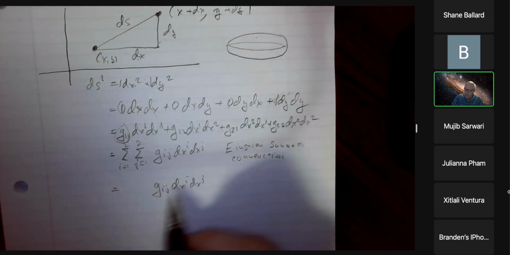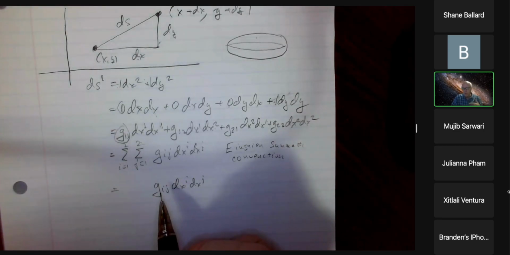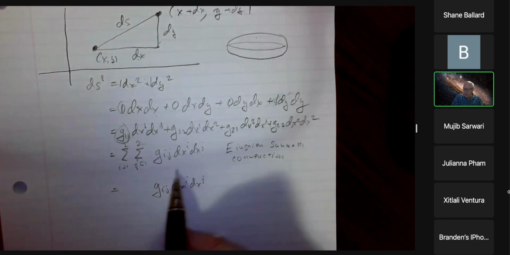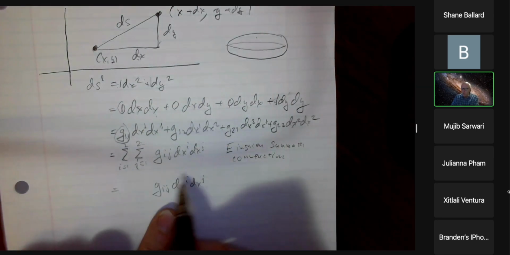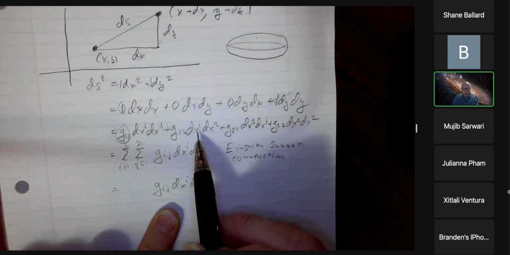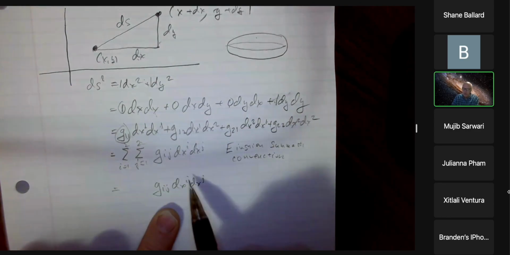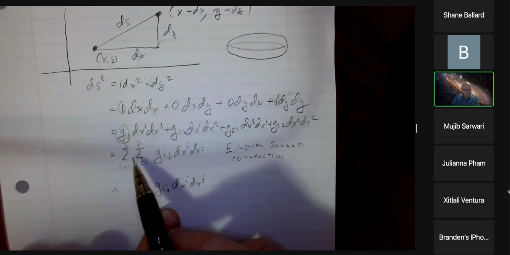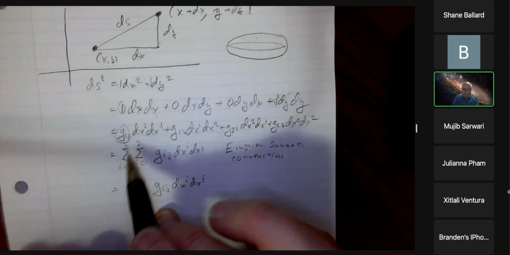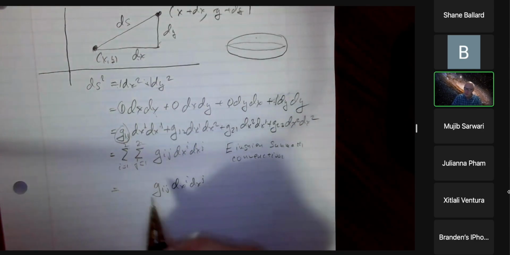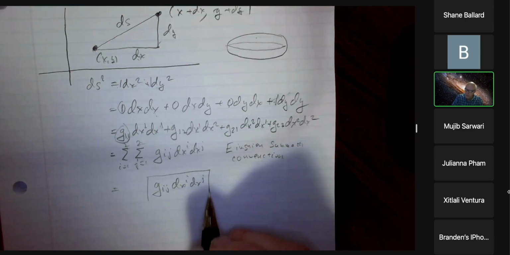So when I write something like this, it means the same thing. And what you're supposed to do is just use this right here, which represents just one piece of this larger expression. If you really multiply this all out, it can be all these little things here, but it's convenient just to write it this way with the summation implied. And so this is the famous metric tensor,